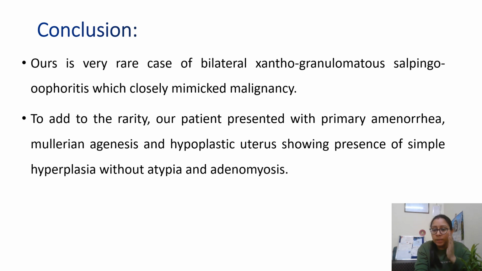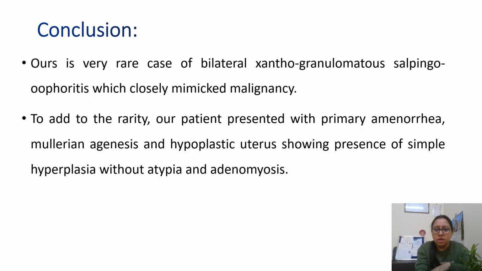So we have to be very thorough and very vigilant before we give a diagnosis. We have to rule out any presence of malignant cells. After ruling that out, and properly putting CD68, confirming them to be histiocytic cells, we can give a diagnosis of